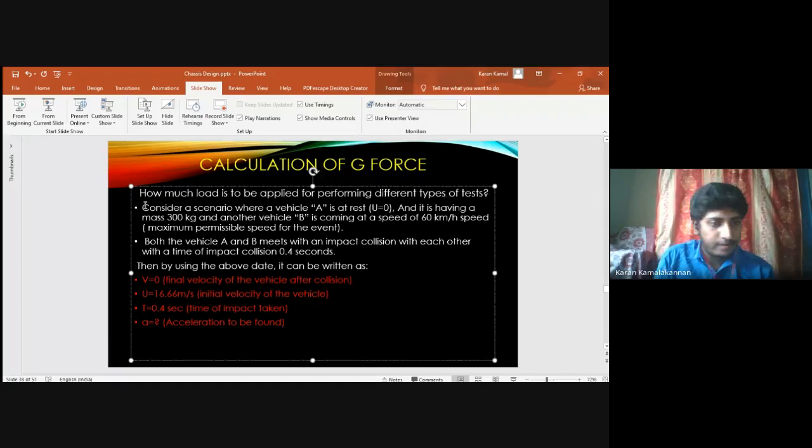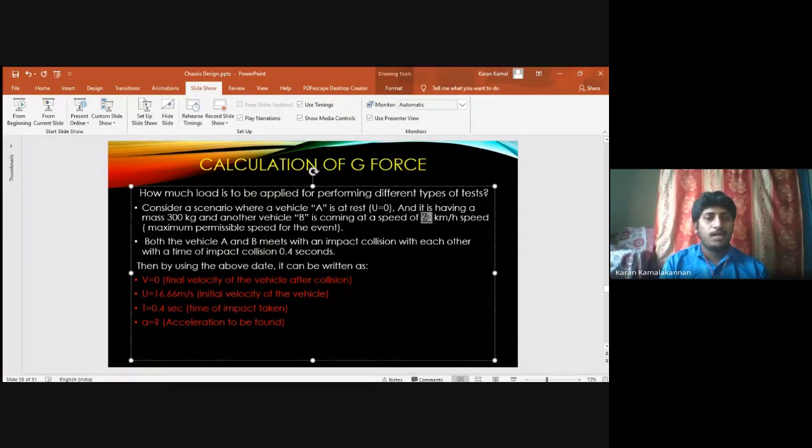You can consider a scenario. For example, take a vehicle A which is at rest, having a mass of 300 kg, and another vehicle B coming at a speed of 60 km/h. The speed depends on the type of vehicle. Since I am restricting to solar, and from an event point of view the maximum limit is 60, I am sticking to 60. So it is moving at 60 km/h and getting impact. The impact collision time is 0.4 second. These are the inputs that we got. Based on that, we will be